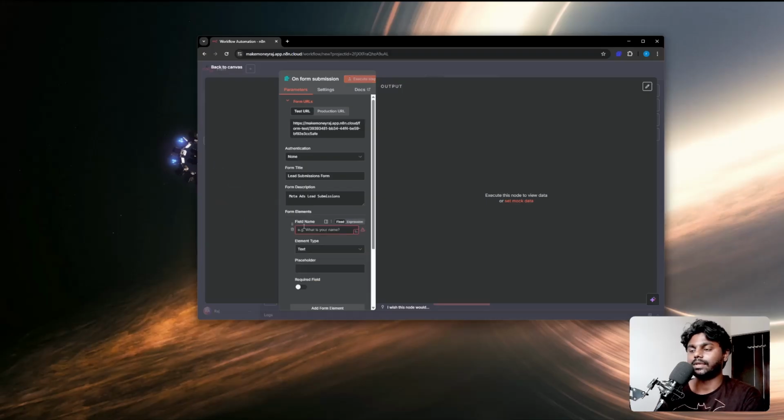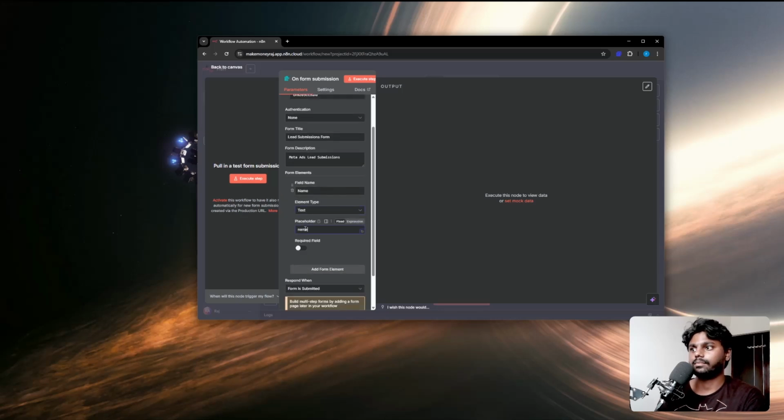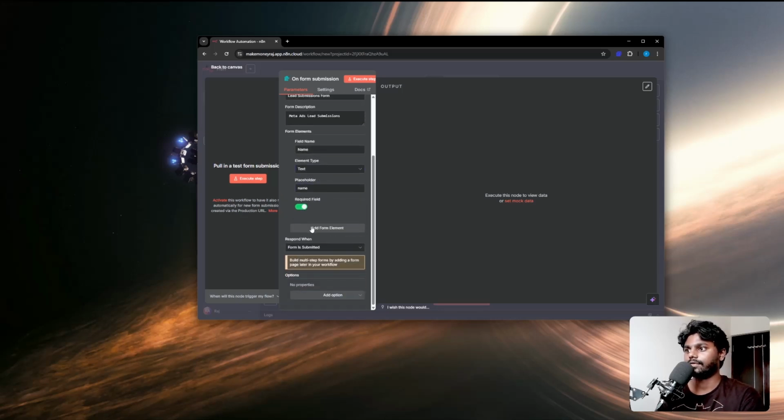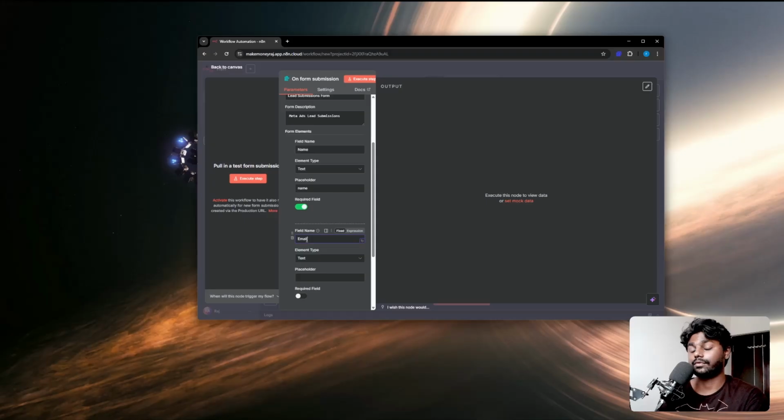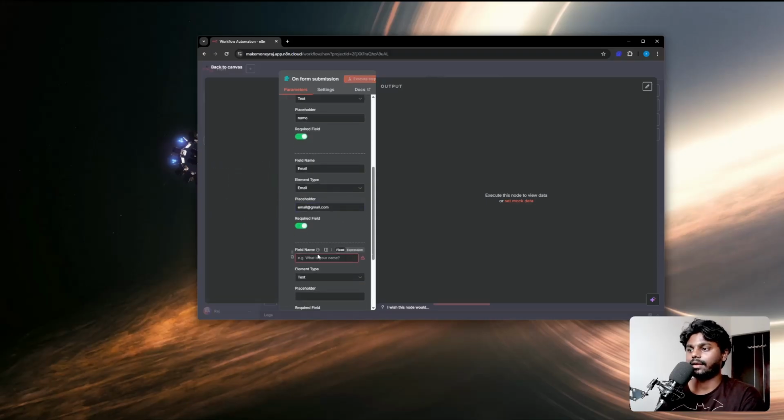The first thing is going to be the name as usual. Text placeholder is going to be simply name. Required field, yes, add form, and then it's going to be email. Of course, we need an email to send to the addresses. So text is going to be email format, and then type here email@gmail.com. This is a required field, and the next element is going to be